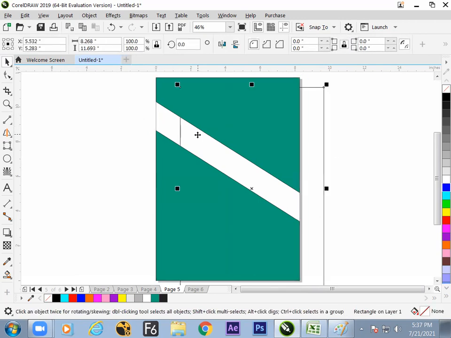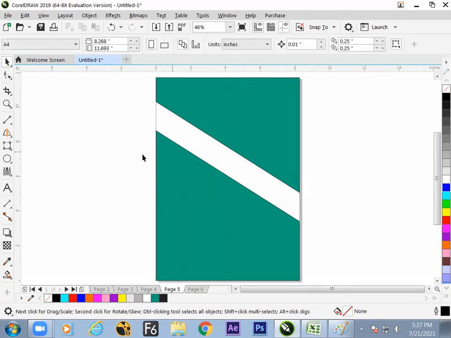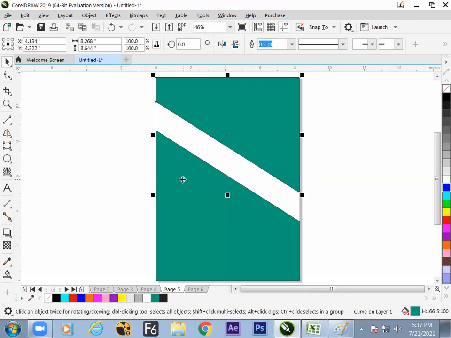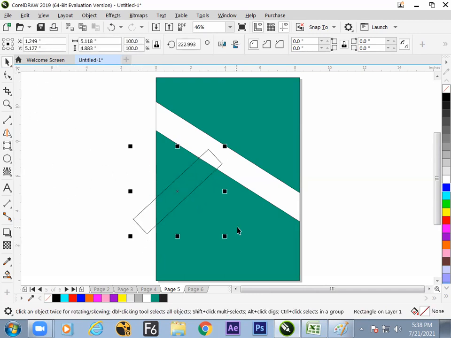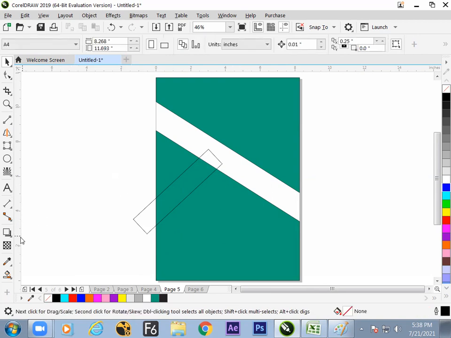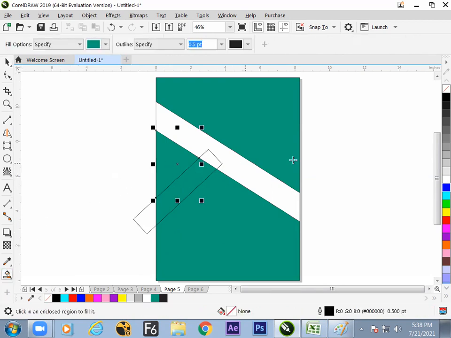Only two button clicks and it makes the cuts ready. The same way, it's the same. Now we can fill the next color here with Smart Filler.